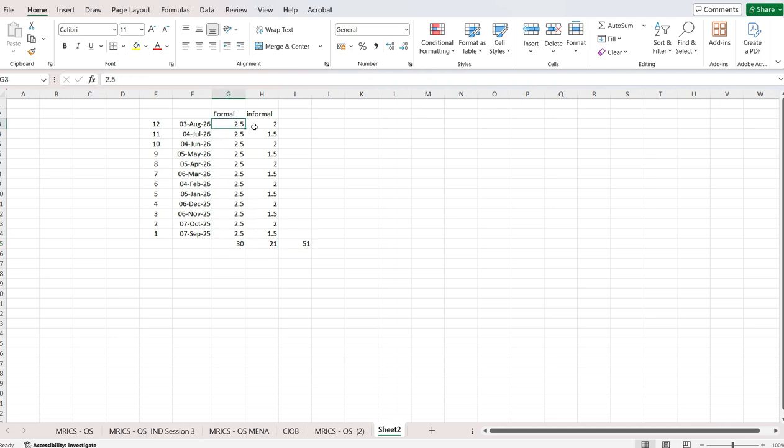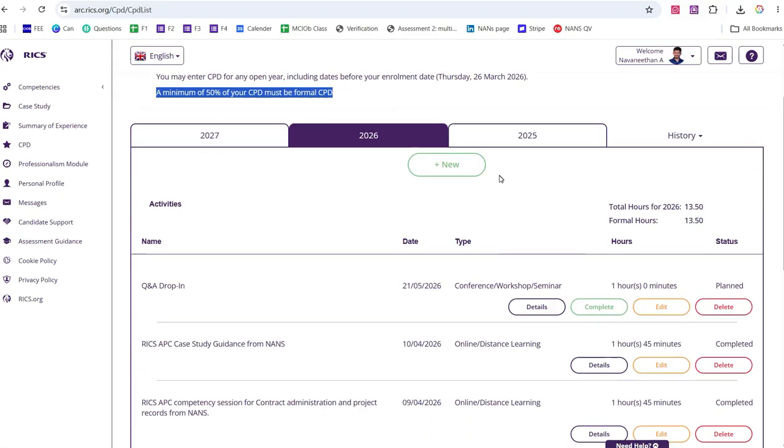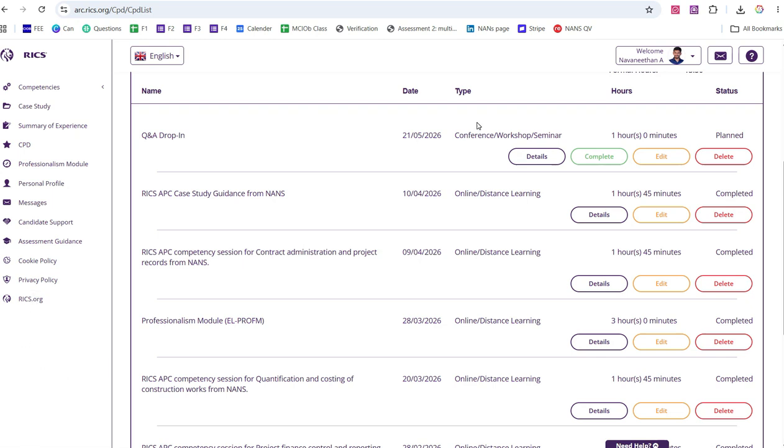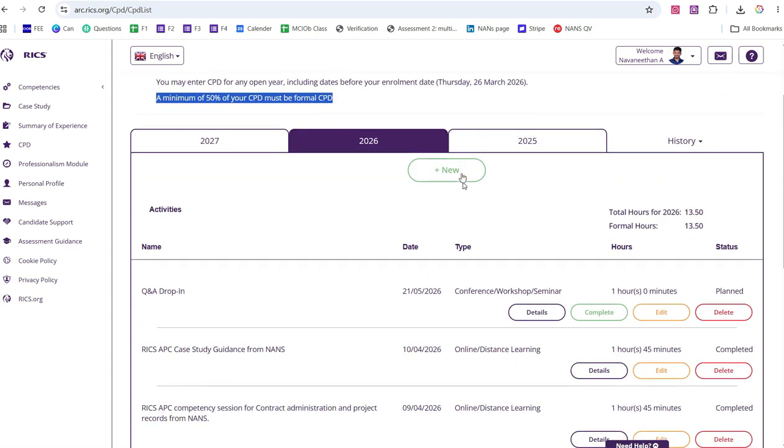So every month you have to show formal and informal CPD. So what are you supposed to show in the formal? You have to show the CPDs against whatever classes you have attended. You may have some discrepancy in the dates, you can adjust it, that's not a problem. I'll guide you how to do it, but the concept is the same. You only have to simply click here